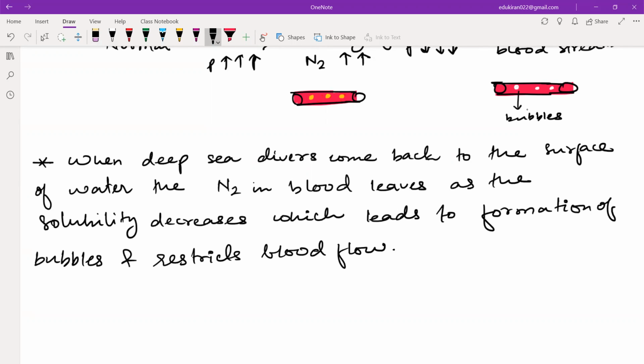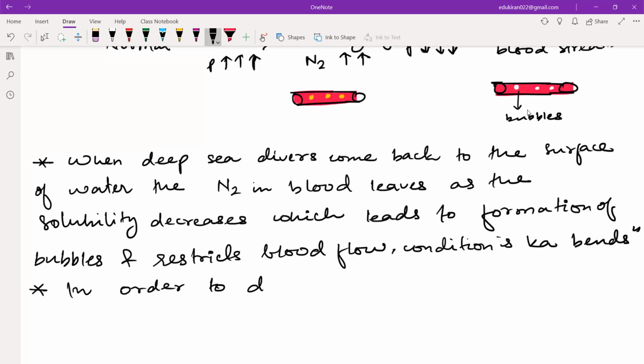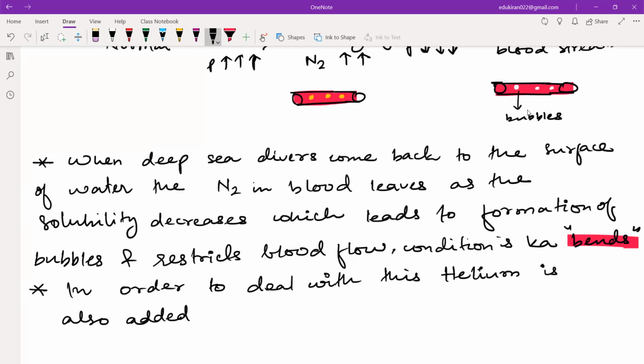and restricts blood flow. Now, in order to deal with this, this condition is known as bends. Okay, take care of this. The condition is known as bends. In order to deal with this, helium is also added as it has very low solubility